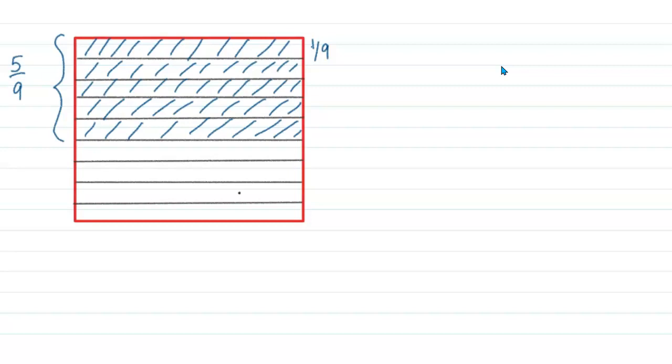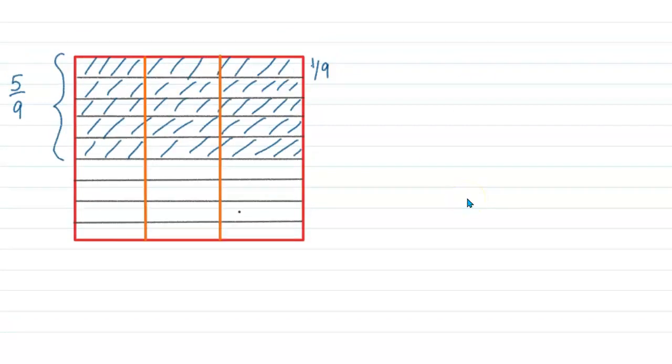and he ate 1/3 of his apple pie. So we can see we have 5 parts. He has only these 5 parts, and he has to eat 1/3 of this. So to find out 1/3 of this, we need to divide each part into 3 equal parts. So let's see how to do it. So we have divided the apple pie into 3 equal parts.